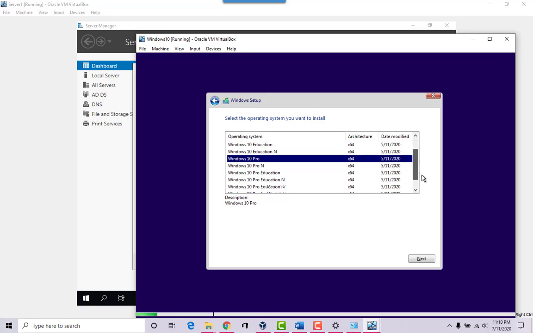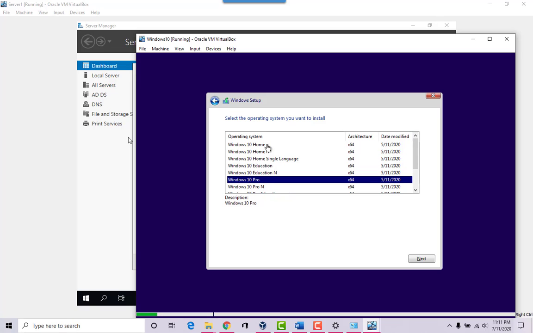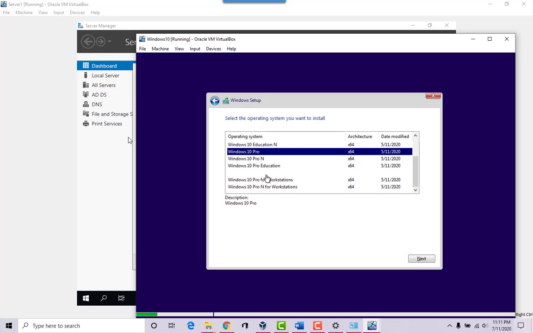Yeah, Windows 10 Pro is what we want to use, because Windows 10 Pro allows you to connect to our domain controller here, allows you to connect to the server. The Windows Home versions do not allow you to connect to a domain controller. Education they do, Pro does, all of these ones do. So we'll pick the generic Pro.